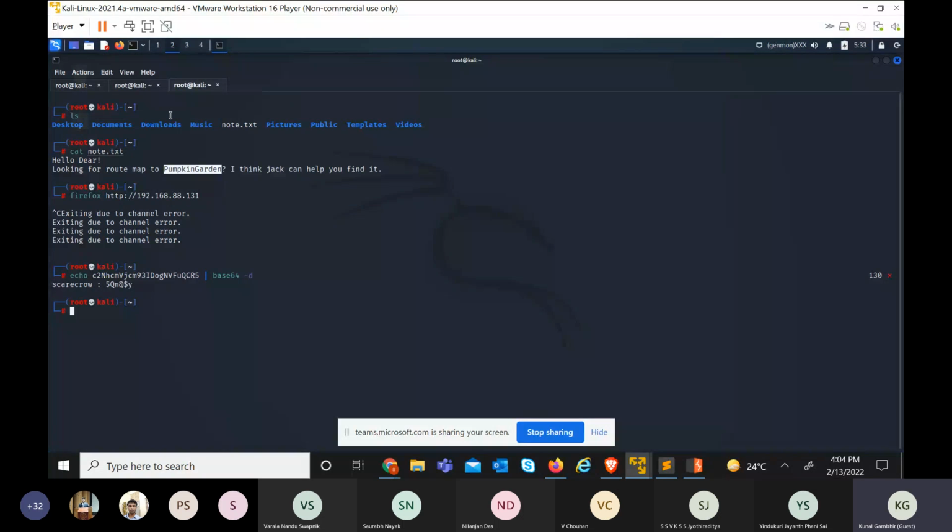You can go online, just Google base 64 decoder. It will open a website for you. You just enter the value over there, and it will decode the same thing for you. Now it says that after decoding, the value is scarecrow and some other value, again,